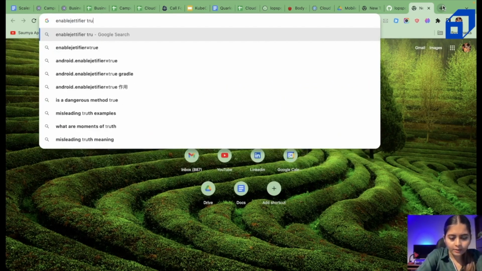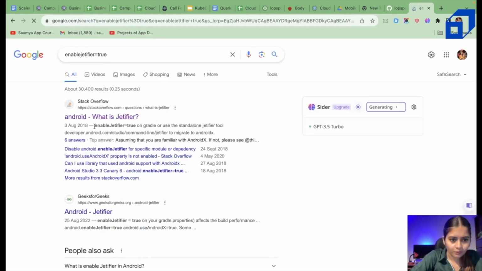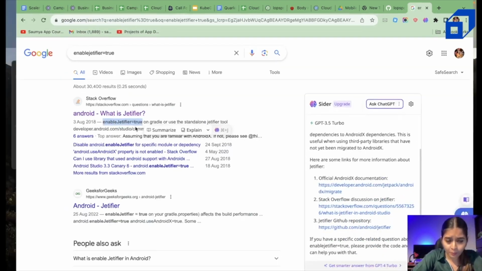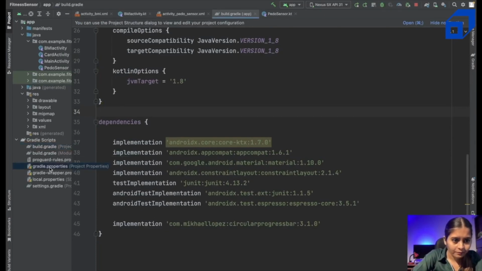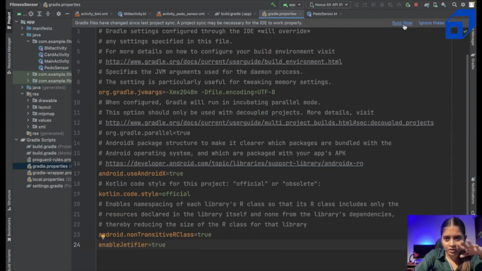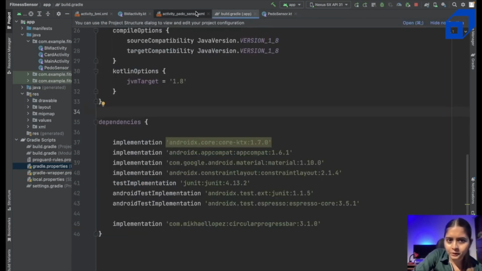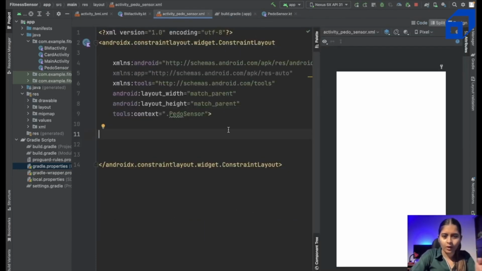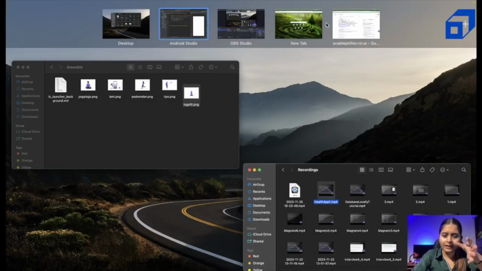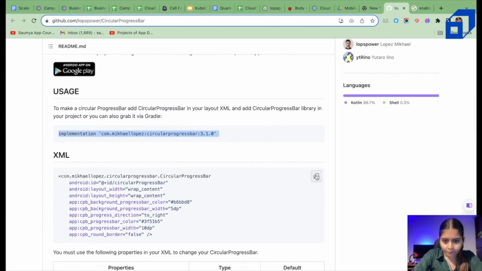You have to add this enable Jetifier true in your Gradle properties. Let me show you where exactly. So Gradle properties here at the bottom. Sometimes if you are using animation or such related third party dependency, and that's old or something like that, make sure you are including this. It will automatically convert all of them, it will kind of make the third party dependency compatible with your